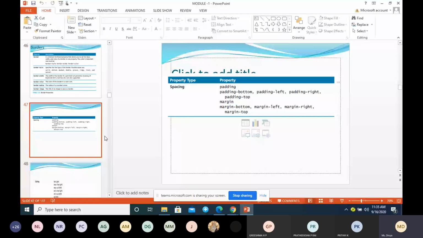In spacing, we are going to study two important topics, margin and padding.